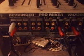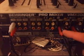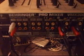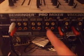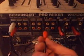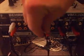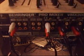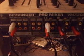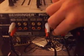Let's say that you have 2 CD players. You have a CD player on line 1 or input 1 and a CD player on line 2 or input 2. You're going to need to plug your laptop into input 3, which is right here, or line 3. They also call them lines sometimes. So input or line 3 is where your laptop's going to go. Now maybe you only have one CD player, and that's cool. All you got to do is plug your laptop